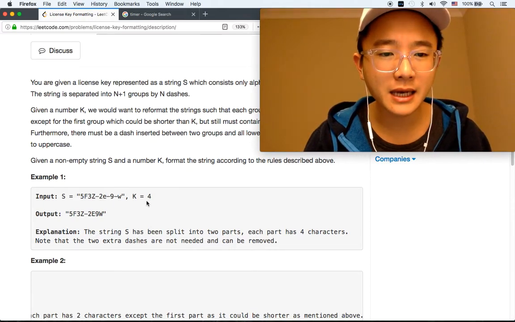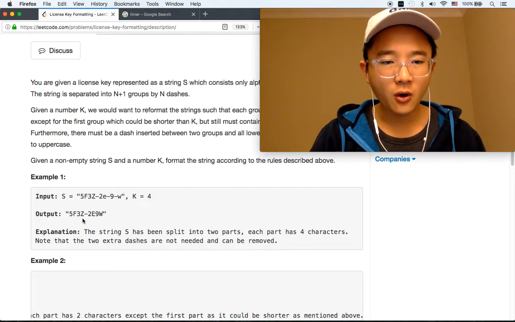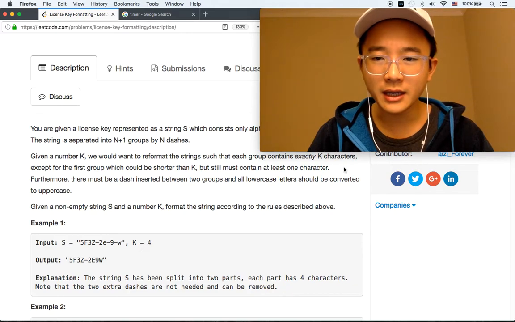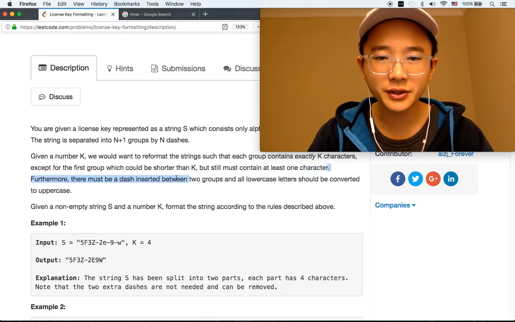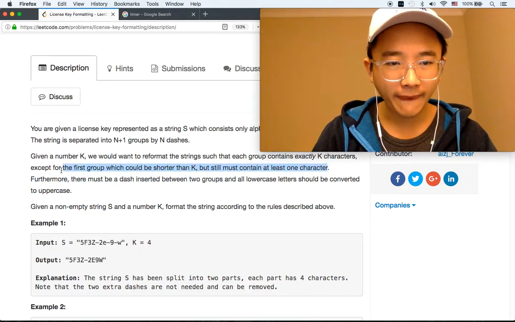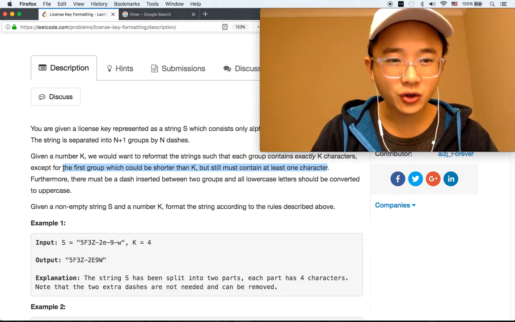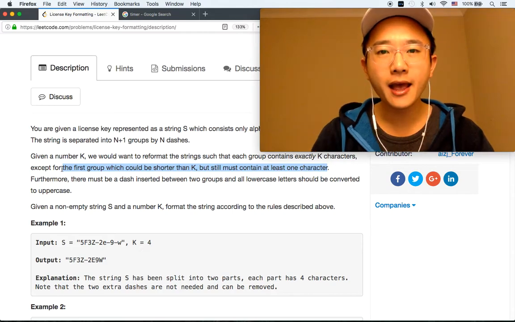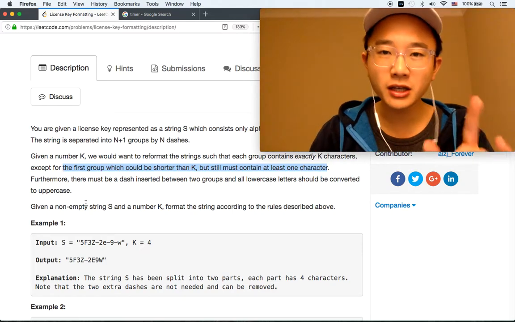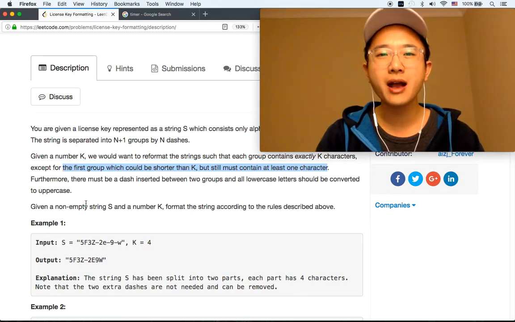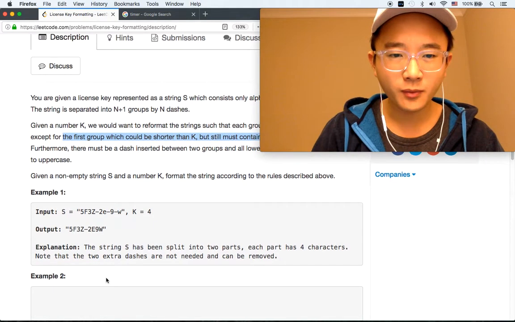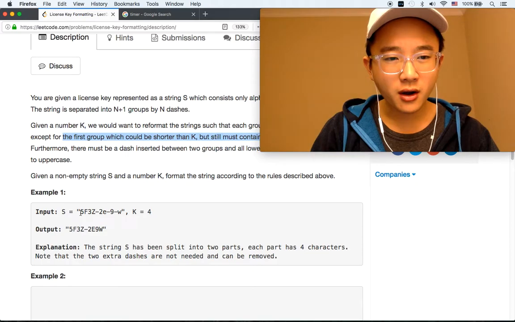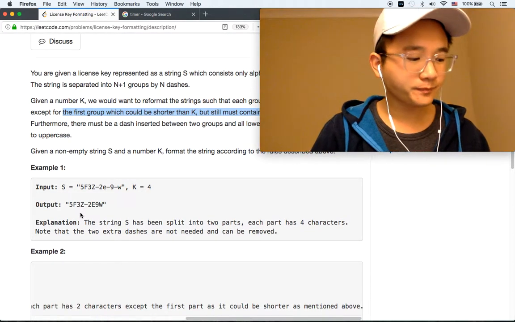5F3Z-2-9-W and k is 4. So one condition we need to pay attention to is the first group could be shorter than k, but it must contain at least one letter, so one character. So for example 1,